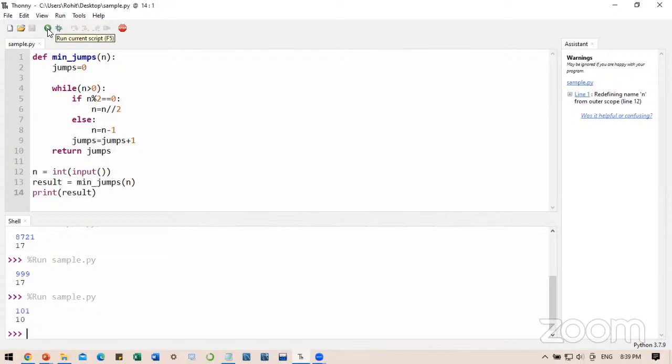After every jump, we are incrementing the jump variable by 1. So jump is equals to jump plus 1. And once we reach to the 0th step, n will become 0 and exit of the loop will happen. Then we are returning that value of jumps to the function from where we have called the function. So it will get passed to the result variable and then we are printing it. Got the point? This is how the code overview we can do. Now to check with the dry run part. Let's assume the first test case now.